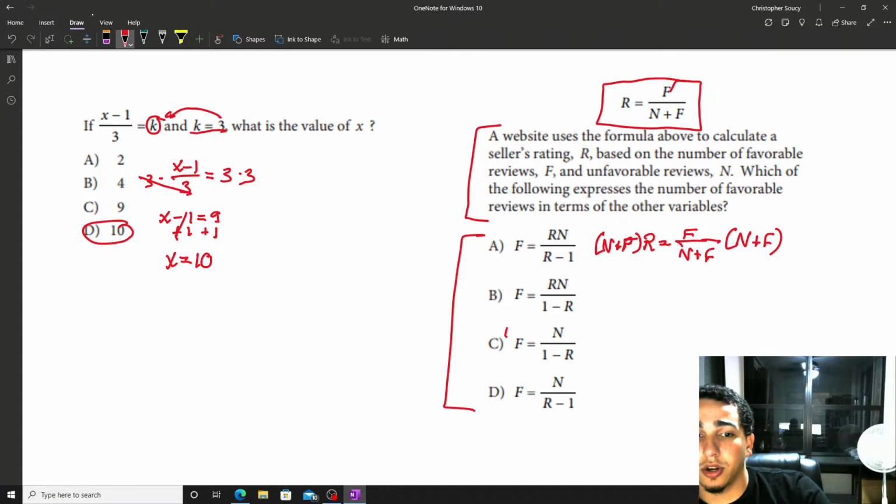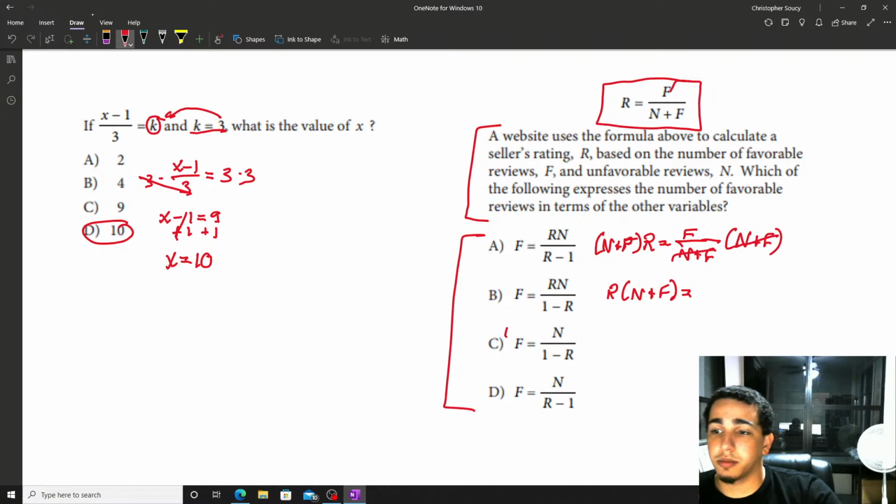On the left side, we're going to have r times n plus f. And on the right side, the n plus f on top, n plus f on the bottom, they cancel each other out, and we're going to have just f left over. Next, we're going to distribute the r, and we're going to have rn plus rf